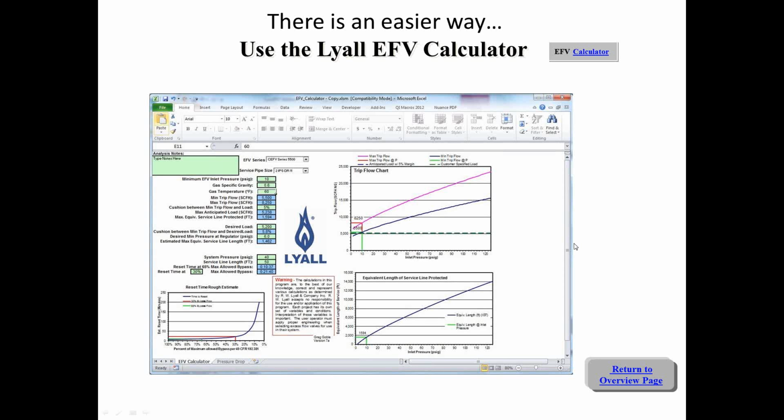Everyone uses different sizes of service lines as their standards and has different system design considerations, but with the calculator you can build those tables that might be useful for your organization to determine which excess flow valve in which condition, which type of service that you might be installing would be appropriate, and standardize